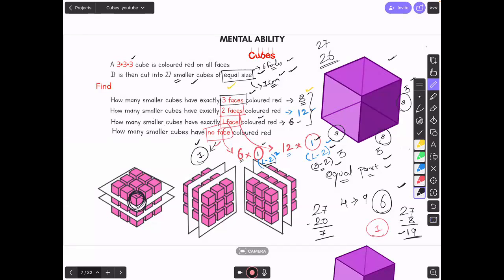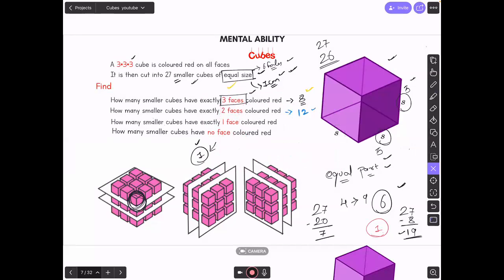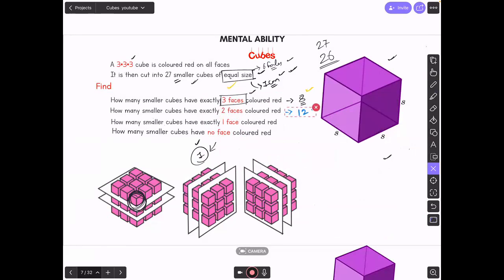So how will you solve it in the exam? You don't have to do all this. See, in the exam use this formula. This was just for your understanding of what the problem actually is and how you cut it. It's for your right visualization. Okay, but how will you solve such problems in the exam? This is how you should solve it, just by formula.